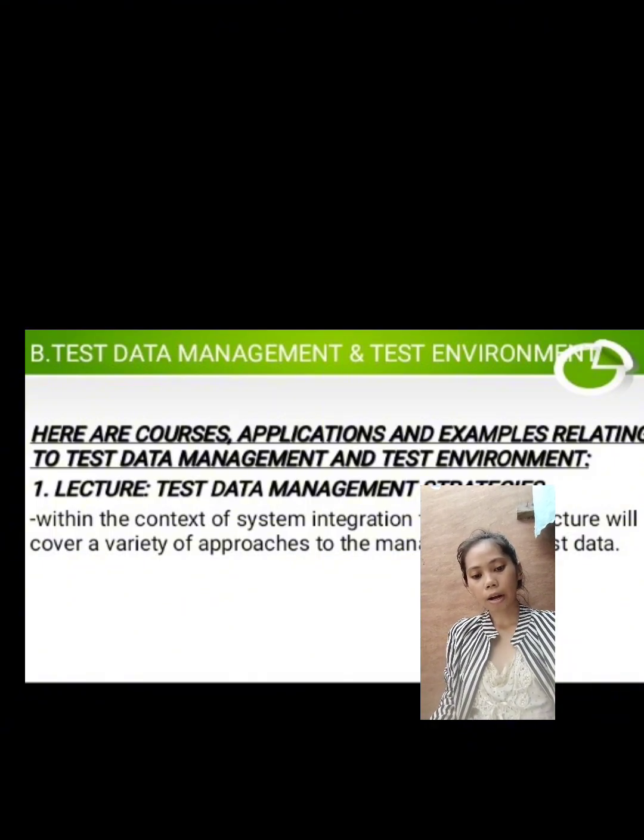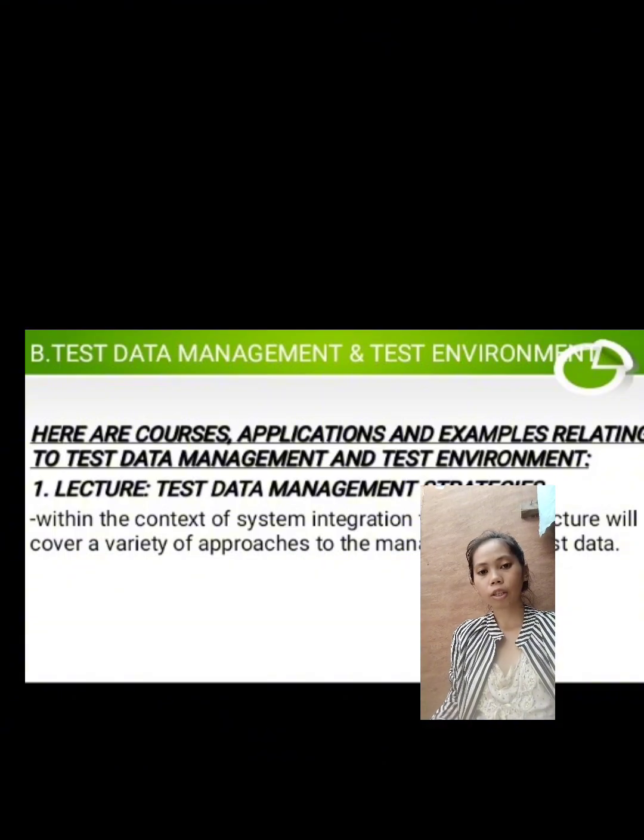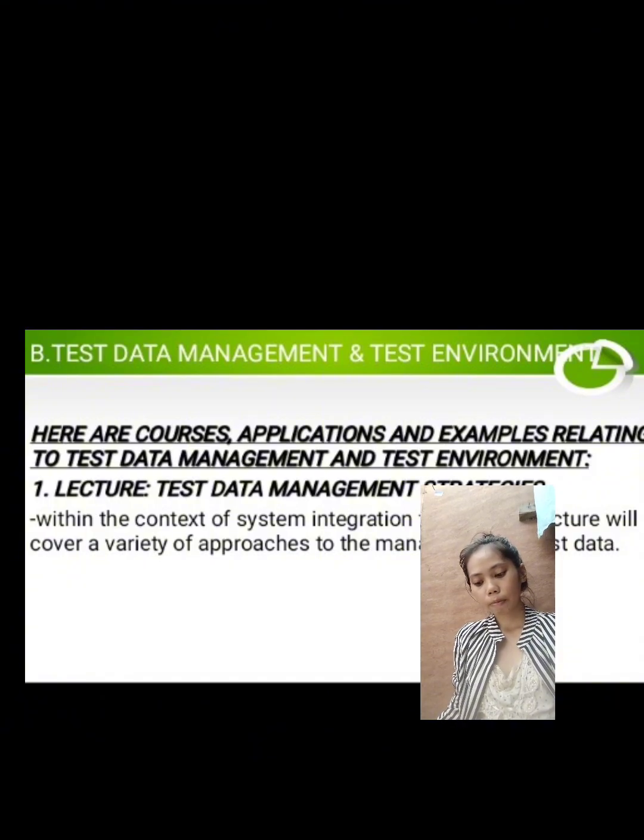This lecture will cover a variety of approaches to the management of test data. It covers ways for creating representative and realistic test data, as well as techniques for masking, and consideration for data privacy and security. For example, when testing an online shopping app like Lazada or Shopee, a tester creates sample orders and fake payments to see if their system works